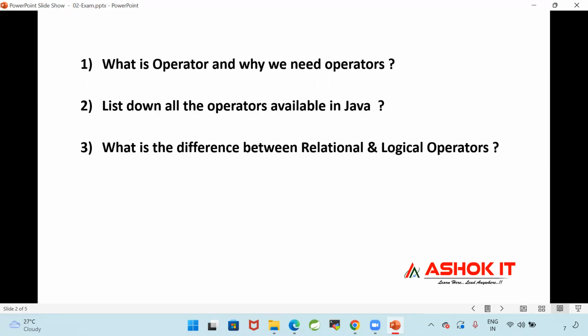Next question. What is the purpose of the new operator in Java?